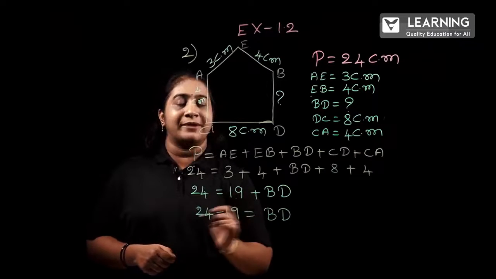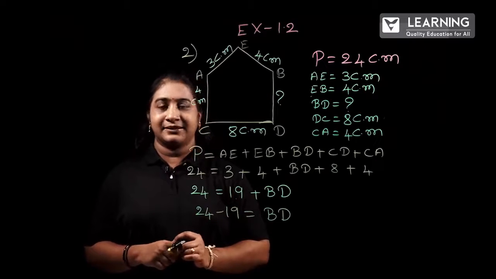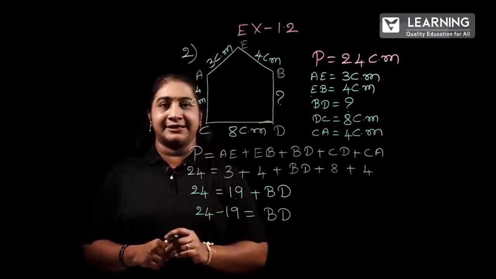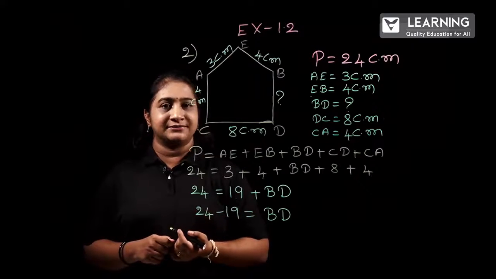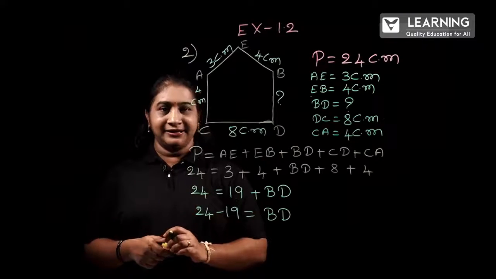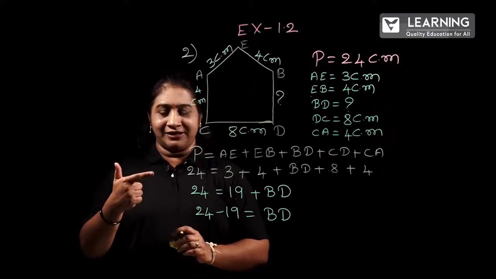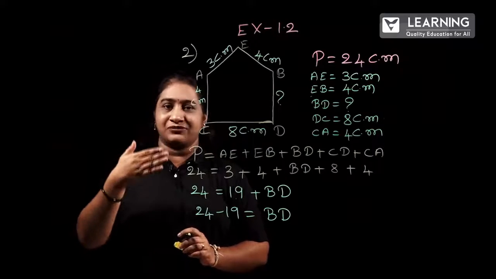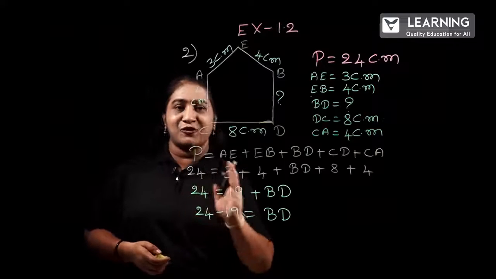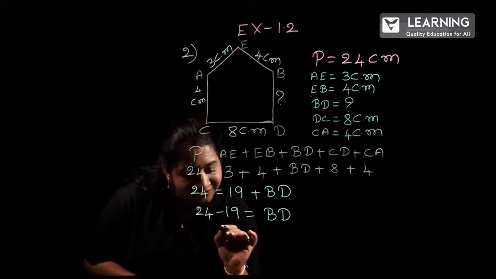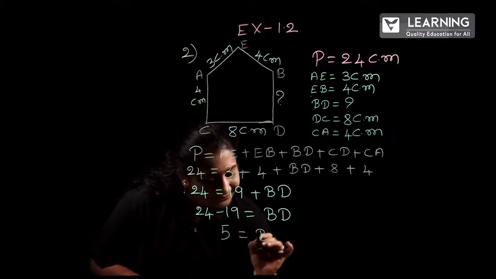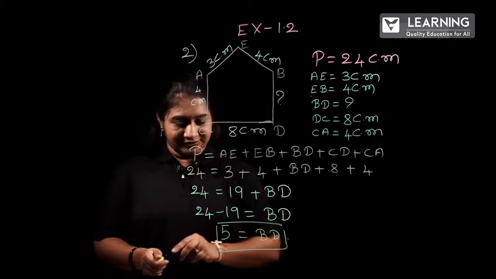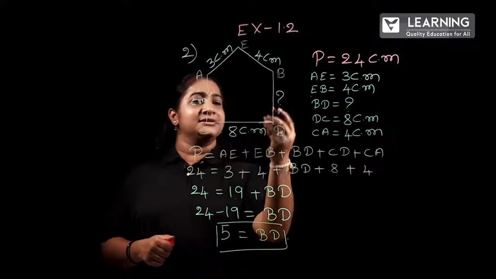What is 24 minus 19? Can anyone tell me the answer? How can we find out? 19, 20, 21, 22, 23, 24. 19 plus 5 is 24. That is, 24 minus 19 is 5, equal to BD. Then what is the value of BD? The value of BD is 5